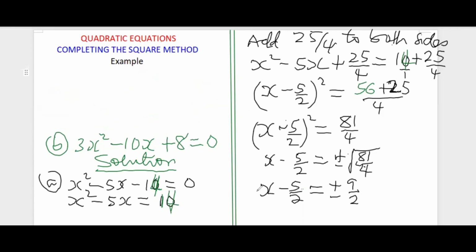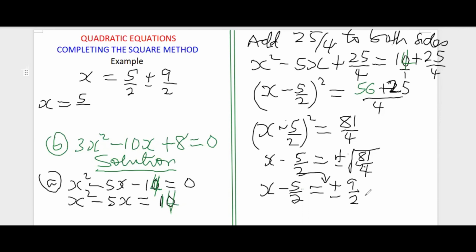So we have x equals to, move it here. I want this plus or minus to be in between, although we can move it to the back, no problem. So we have 5 over 2 plus or minus 9 over 2. This means x equals to